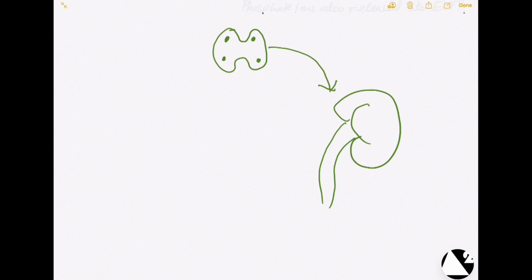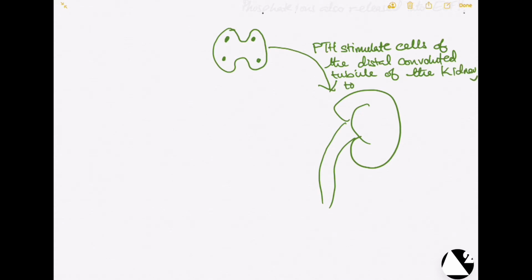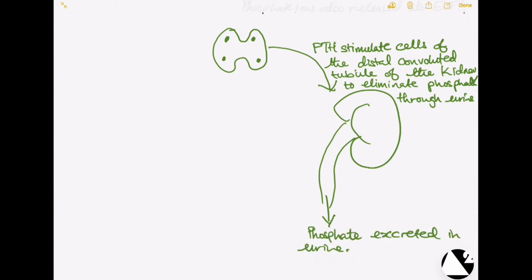The parathyroid hormone also stimulates the cells of the distal convoluted tubule of the kidney to eliminate phosphate ions and reabsorb calcium ions during urine formation. The excretion of phosphate ions in urine is really important as it distorts the ratio of calcium and phosphate ions in the blood and prevents recrystallization of these two ions in the blood. If this didn't happen, you would end up with crystallized bone forming perhaps within your blood vessels, which is not